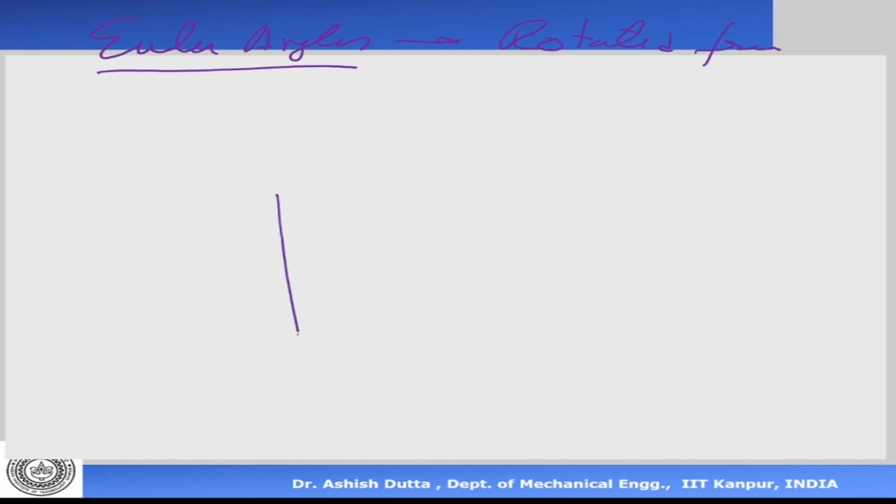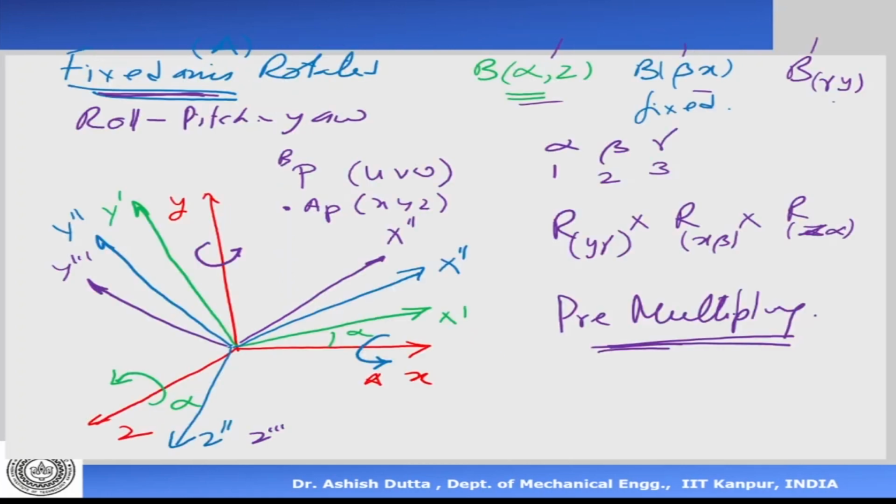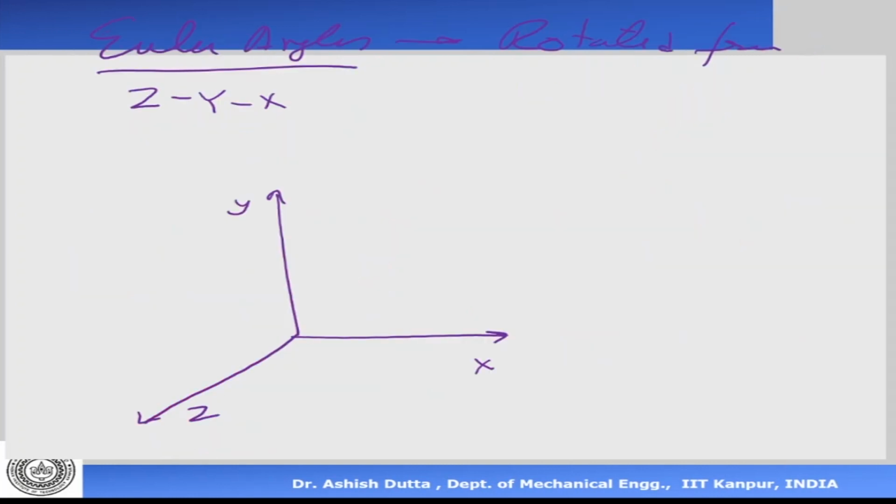For example, we have X, Y, Z. This is my Z axis, X axis, Y axis. So here we can rotate about, this is also called Z, Y, X axis system of rotation. In the previous case, it is sometimes called X, Y, Z. So you rotate about X, then about Y, then about Z. Although I did it the other way, doesn't matter. But we basically pre-multiply matrices when you're using a fixed axis rotation system. In the Euler angle case, I'm rotating about the rotated system.